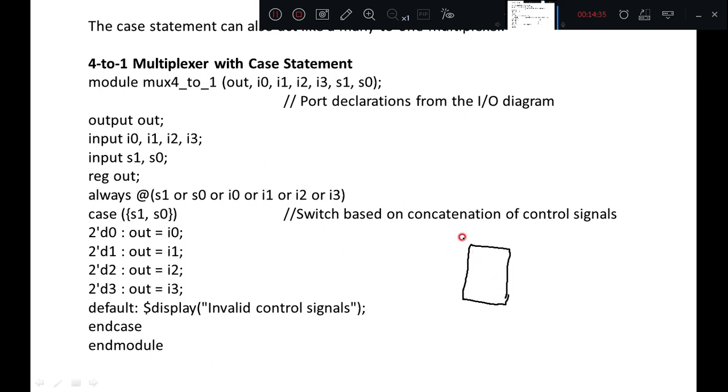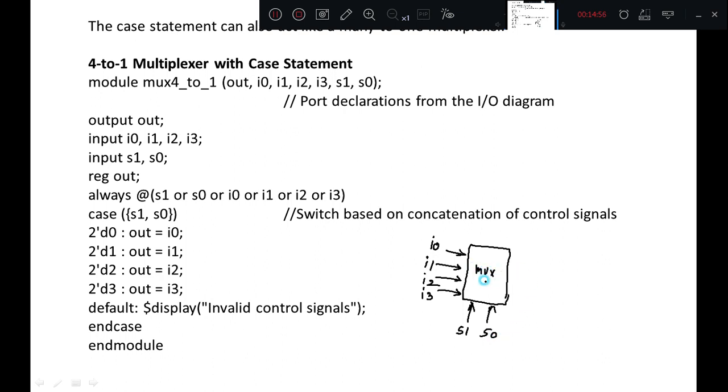So all together, I0, I1, I2 and I3, these 4 are inputs. Then select lines S1, S0 are also inputs.